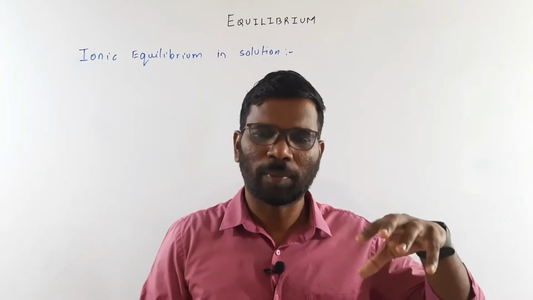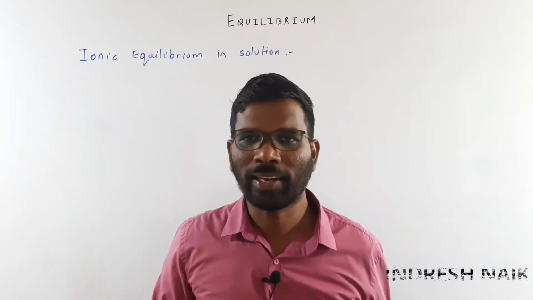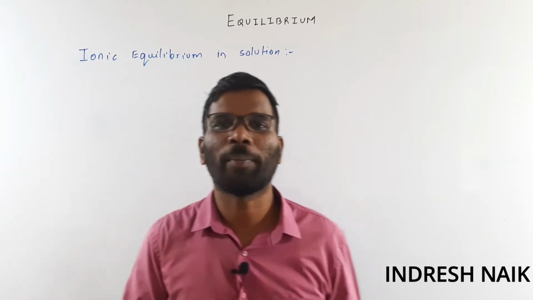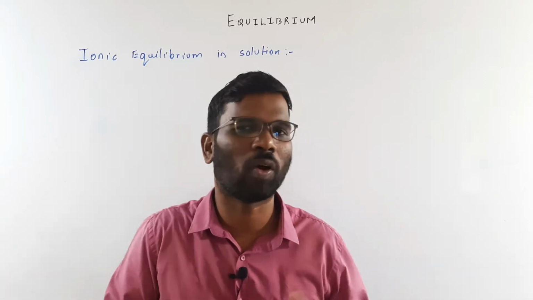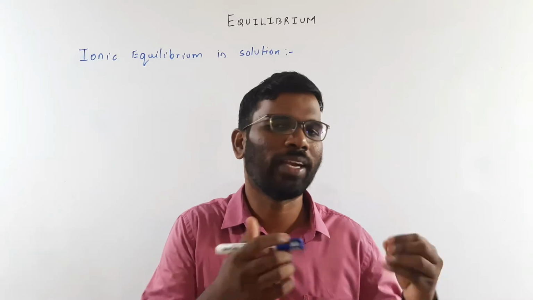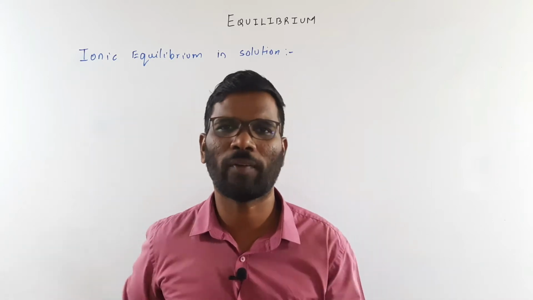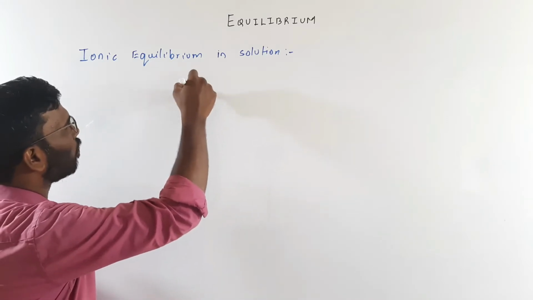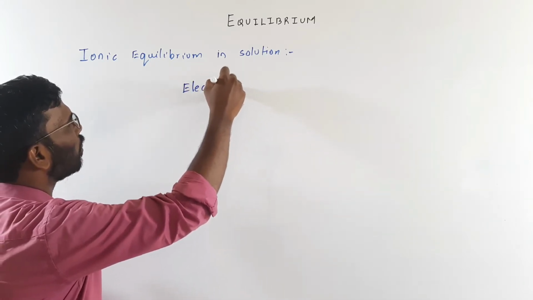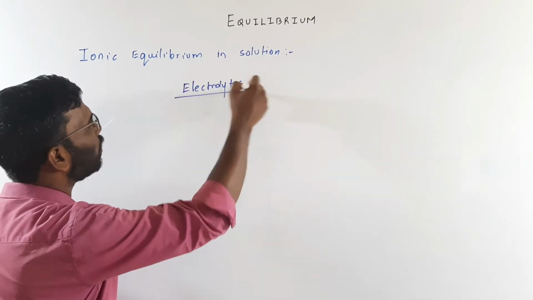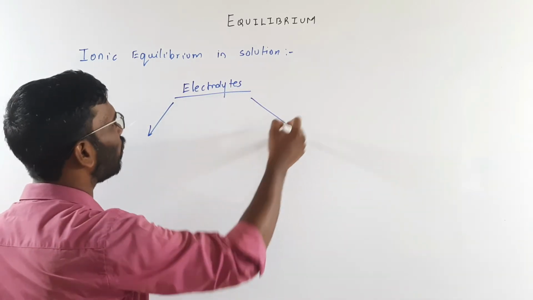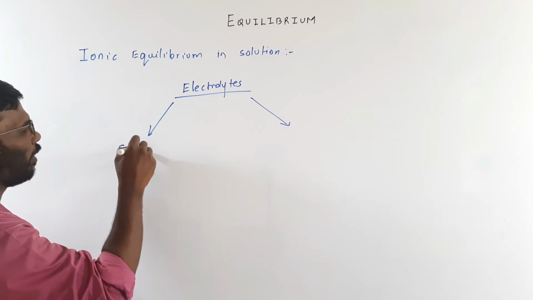There is something called an electrolyte and there is something called a non-electrolyte. Electrolytes are the ones which are capable of conducting electricity, and non-electrolytes are very simple. They don't conduct electricity because they don't have ions. So our interest is electrolytes, which conduct electricity. Electrolytes are of two types: one is strong electrolyte